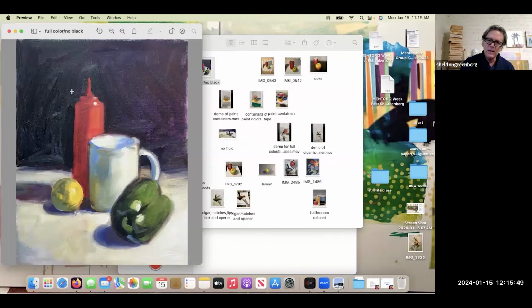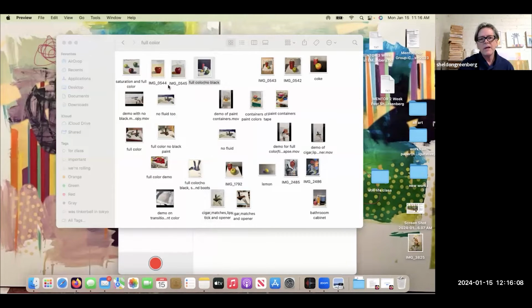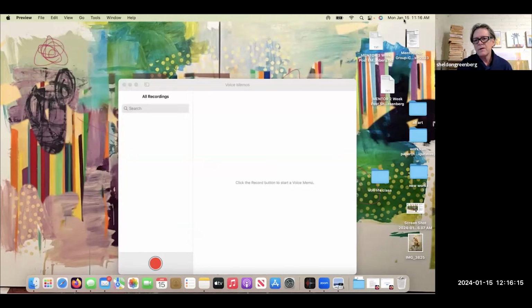And notice what I did here is the light source is coming from the right, but I've made the background, this side of the painting, actually read as a cooler color than the right side. So it's accentuating this idea of where the light source is coming from, okay? And so these kinds of things are things that I emphasize so that everyone can really see the variation and thought process that goes into this stuff when I'm thinking about all these things.